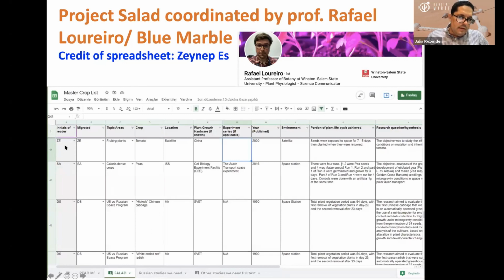And also, Zeynep is one of the students, the researchers collaborating with this database. And this database is very interesting because it's a very well done theoretical review, and it's a very useful database to look at and also to try to interact with this group about how we could be more